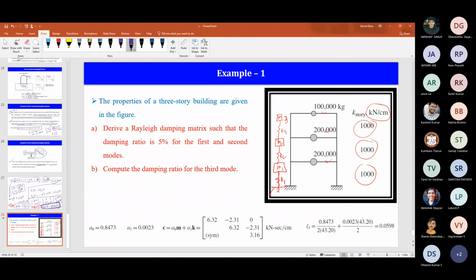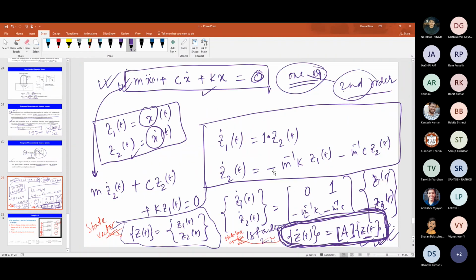Everybody understood, I think. I will just keep this slide here. This is the state space formulation, just for your information, but that is